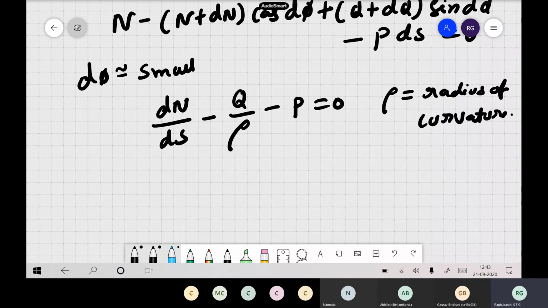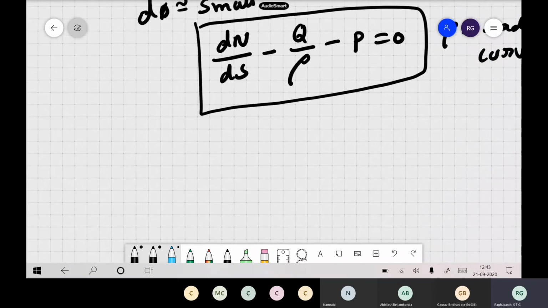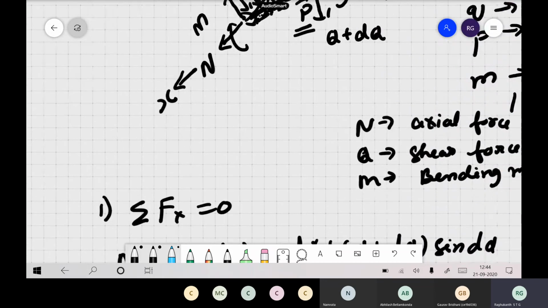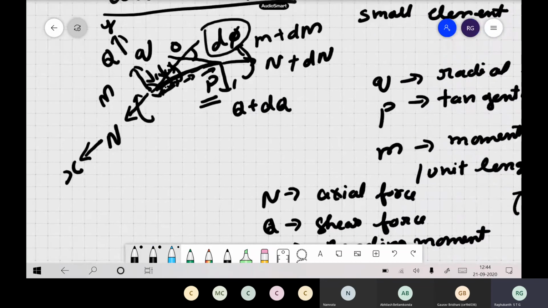So this is our first equation. Now similarly, say you put sigma of the forces in the y direction, so this also is equal to 0. Here the only problem is it is slightly curved. Now y is along this direction, it is not along q. In this direction, q plus dq also will be there, so you have to take care about the angles itself.